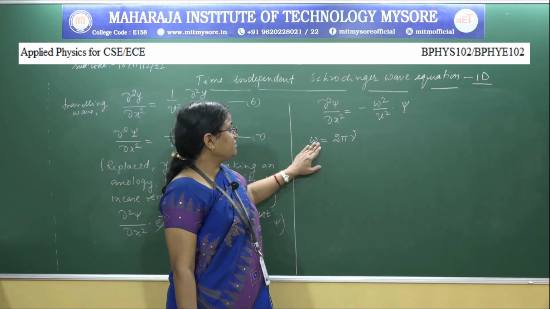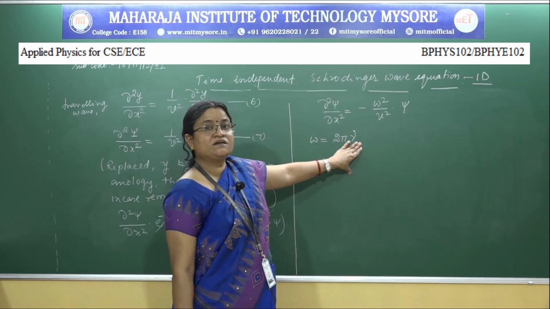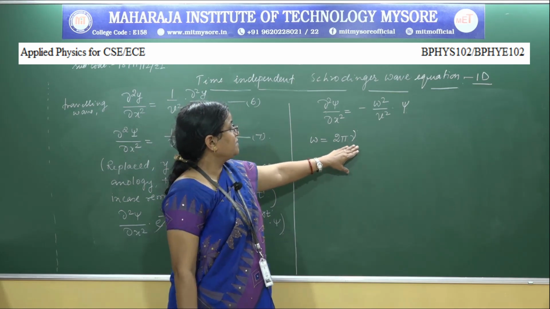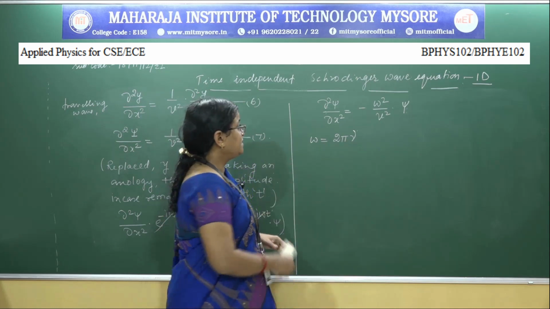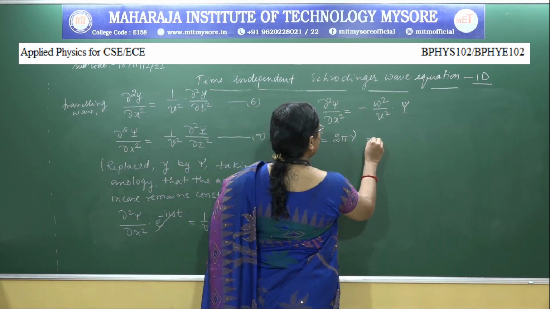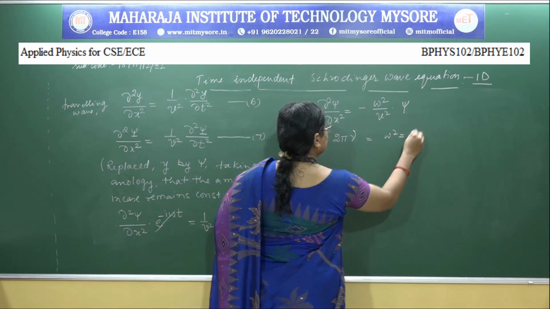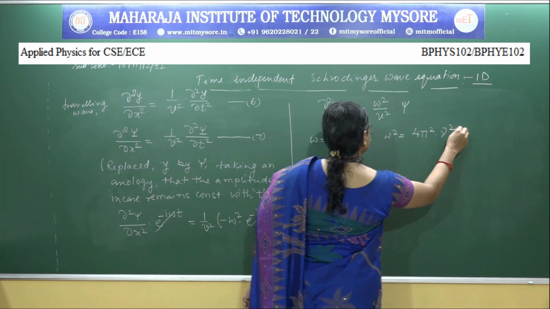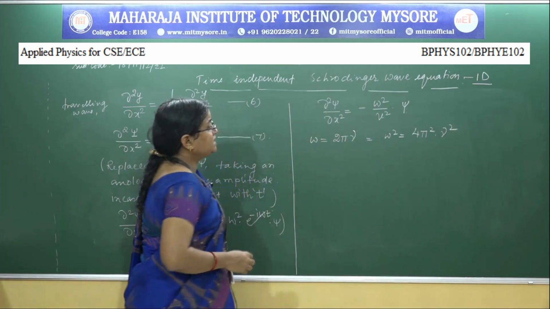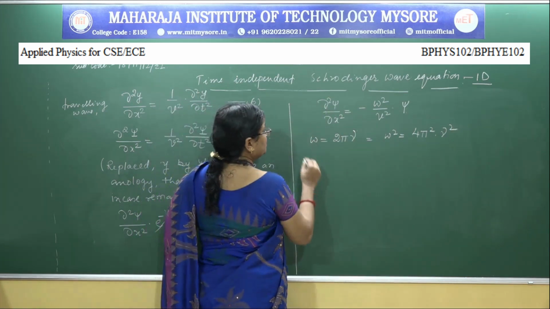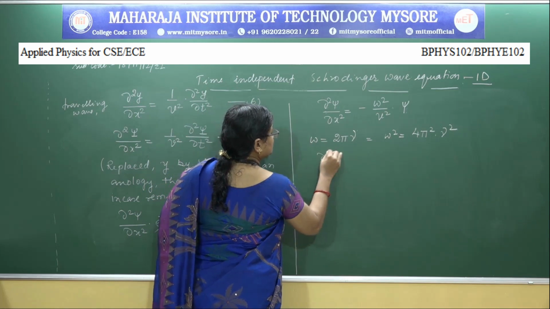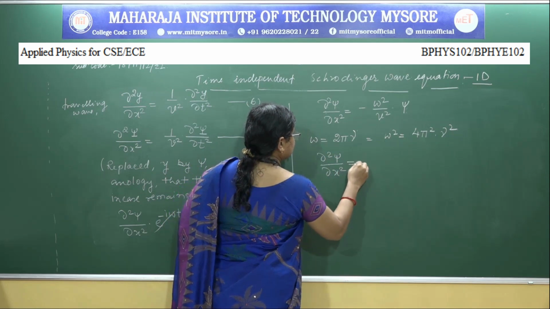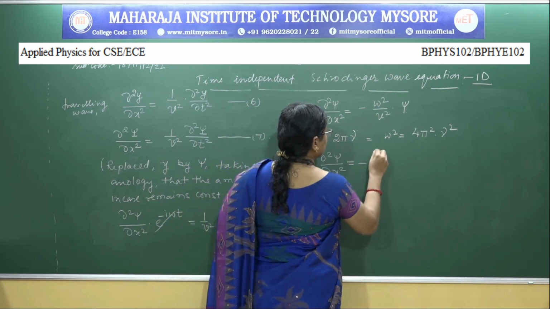Omega is the angular frequency and nu is the natural frequency of the wave, of the de Broglie wave. And so what we will get? Omega square is equal to 4 pi square into nu square. Substituting this in the above equation, we get dou square psi by dou x square is equal to minus 4